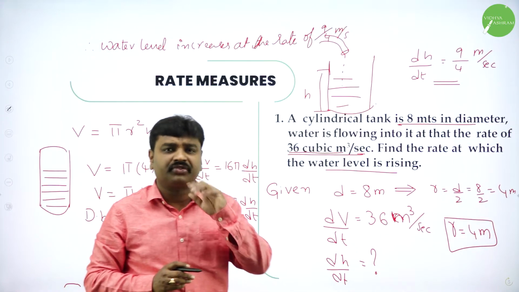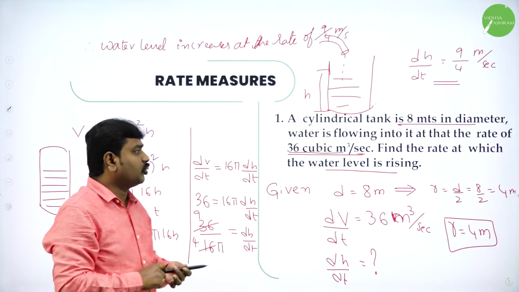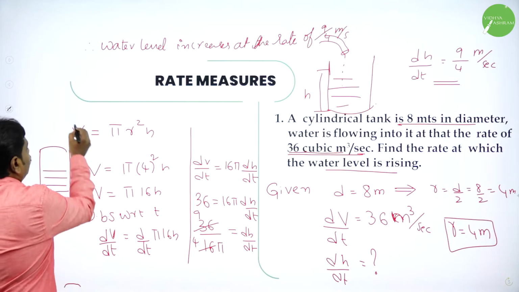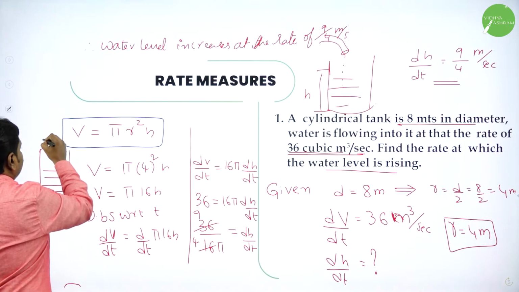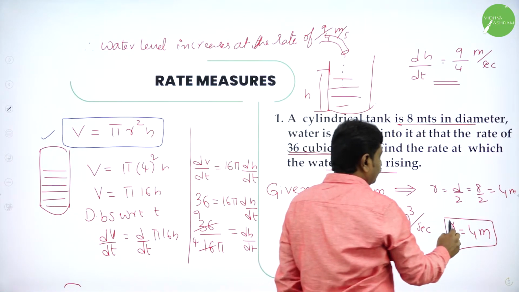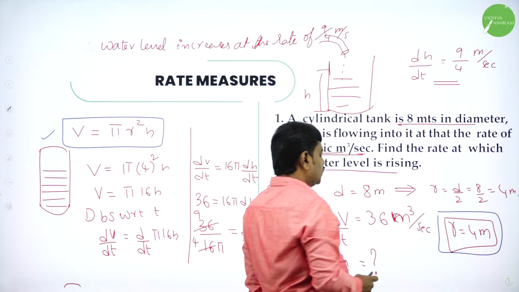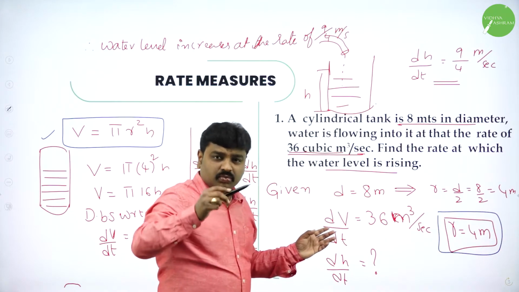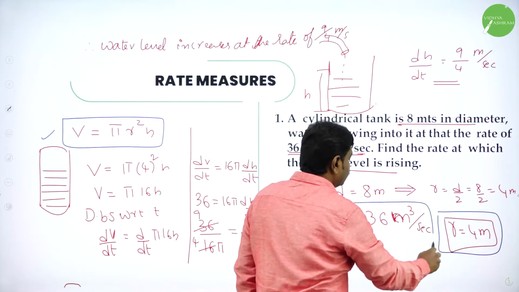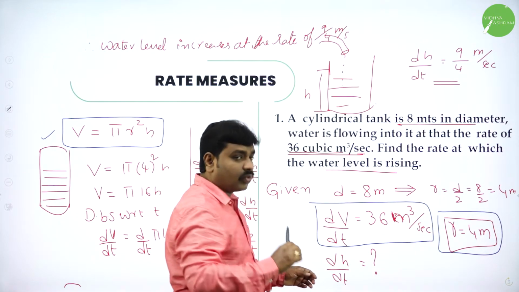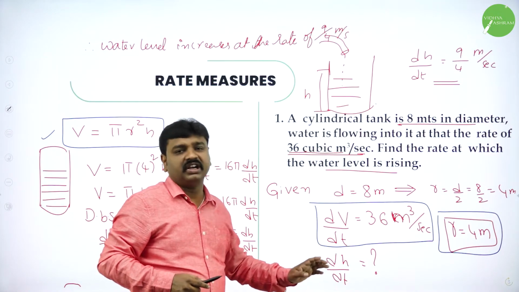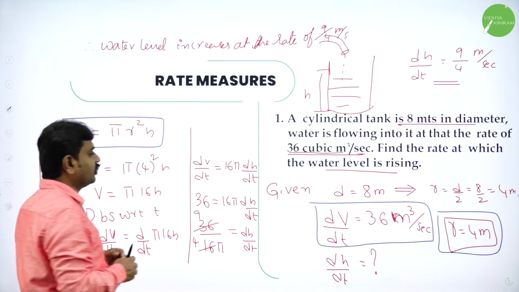They will not give the volume of the cylinder. First thing, when they talk about the volume of a cylinder, you should know the basic or relevant formula. What is the volume of a cylinder? Pi r square h. This you should know, and everything else will be given. So they give the diameter. From the diameter, half of the diameter gives you the radius. Then they told water is poured into it at the rate of meter cube per second, which means the rate of change of volume is given. This you should understand. And then they want at what rate the level of water increases. Level of water means height of water, so they were asking dh by dt. And the radius is given, substitute, and you will get the required value.